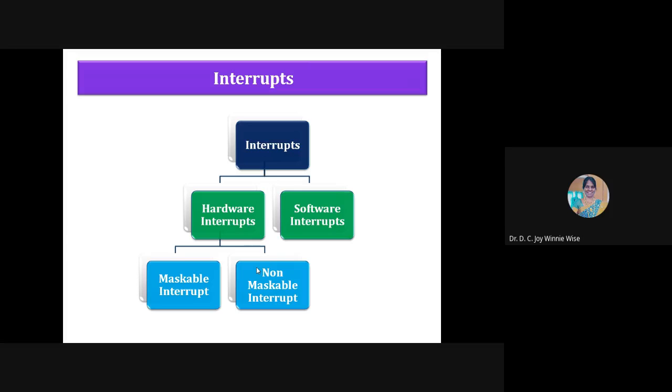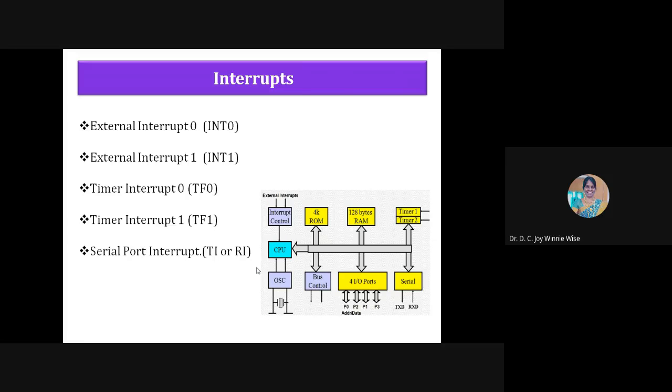So the interrupts are divided. Again, you have to write the same theory part that you studied in Unit 1. Types of interrupts are hardware interrupts and software interrupts. Hardware interrupts are the interrupts from the devices, and software interrupts are through the programs. And again, it is divided as maskable and non-maskable interrupts. Maskable interrupt means you can make the interrupt wait, and non-maskable means at once you have to give the response to that. Okay. So now let's come to the interrupts in 8051.